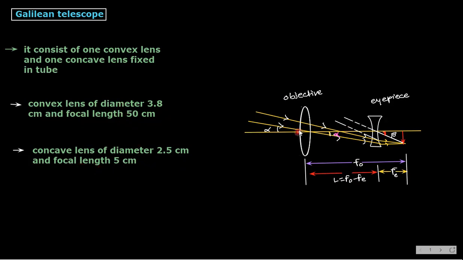Now purchase these and fix them in a tube. If you watch from this side, you can easily see whatever you want. You try this at home. Purchase a convex lens and a concave lens of this diameter and focal length, and fix them at the distances I have given you. This Fe is 5 centimeter, so this should be 5 centimeter, then the complete distance should be 50 centimeters. So one tube of 50 centimeter is enough, or take a bit more than 50 centimeter. So definitely you will be able to make this at home. Try it. Note down and draw the diagram.